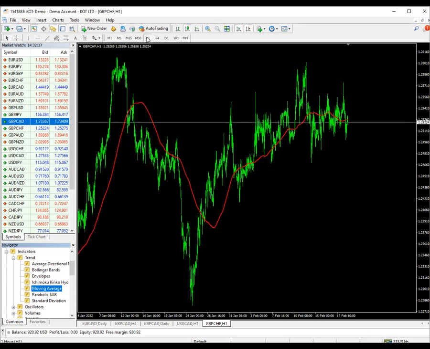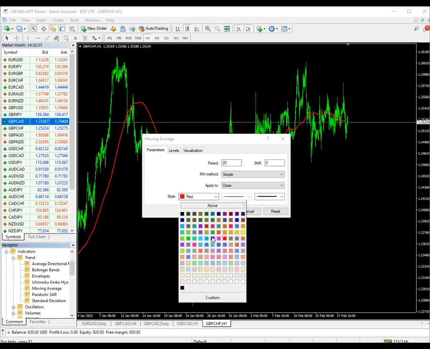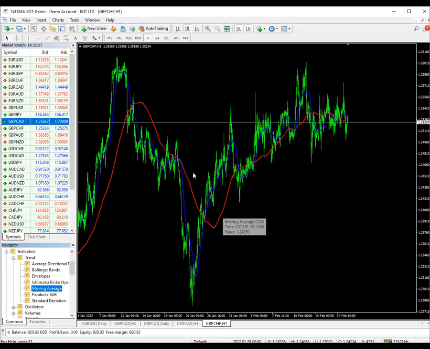Let me take the chart back to 1 hour. Now let's go and put in another moving average. So you come back, you click on moving average here. Now let's change the number to 20. Let's just use 20. Let's change the color to maybe blue. Then we'll click OK. Now this one